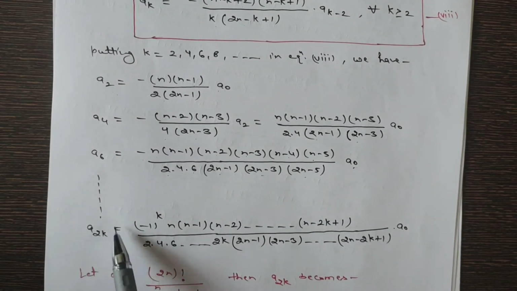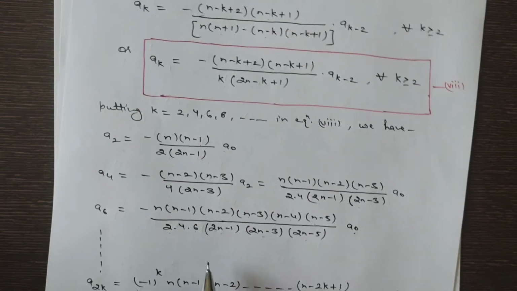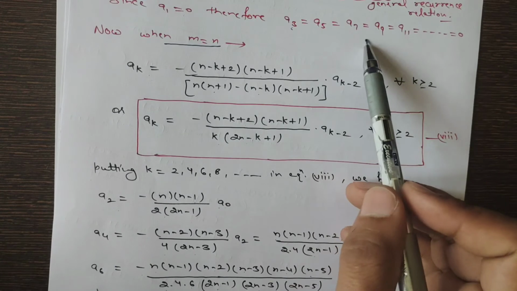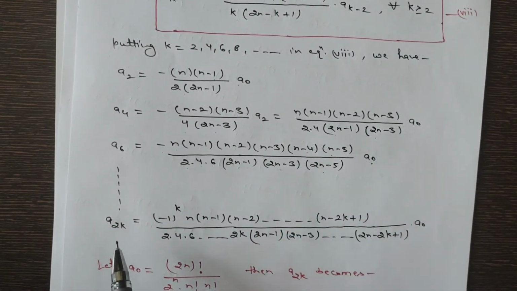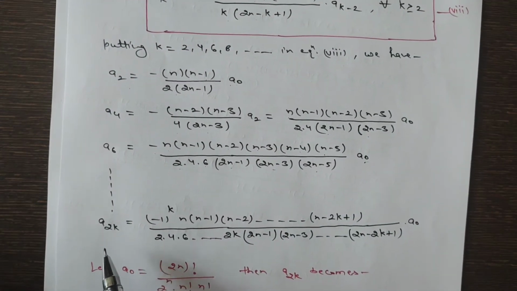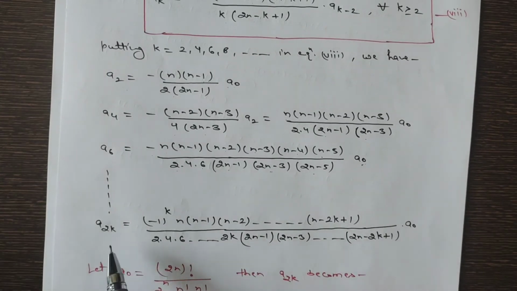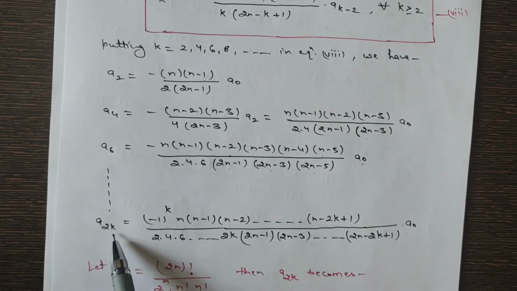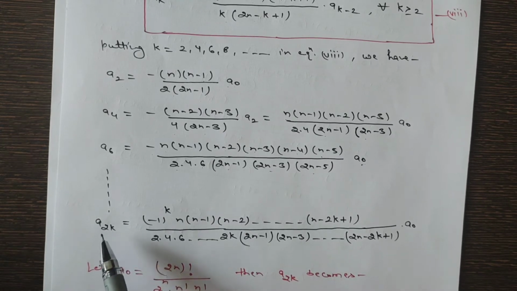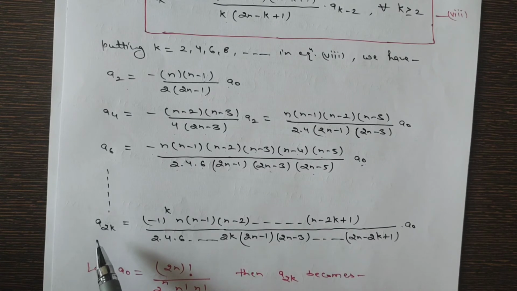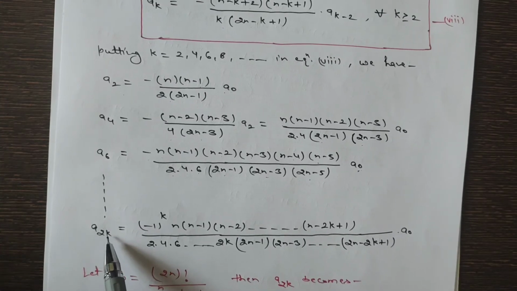why we had considered a2k: because the summation is actually starting from 0 to infinity and odd coefficients are becoming 0. So we have to simply write a2k so that the contribution from the odd coefficients is automatically excluded. Clear? So a2k, when we put k equals 0, will be a naught. When k is 1, it will be a2. When k is 2, it will be a4. So those 0 coefficients are automatically neglected. That's why I had considered a2k here.